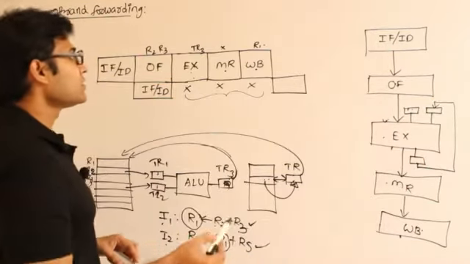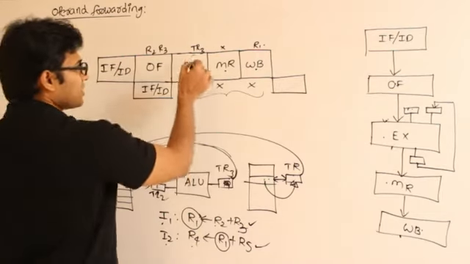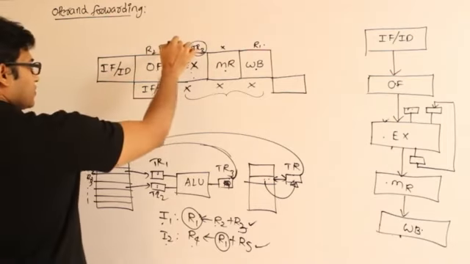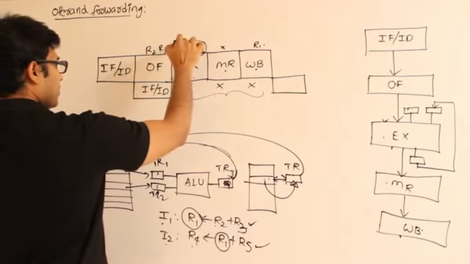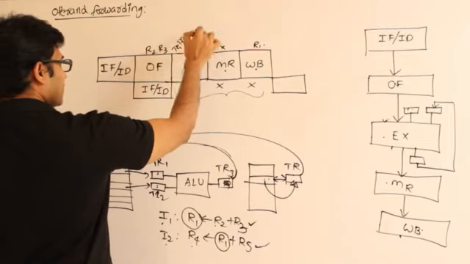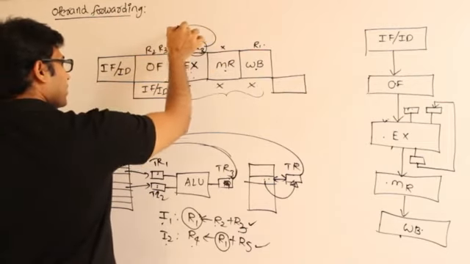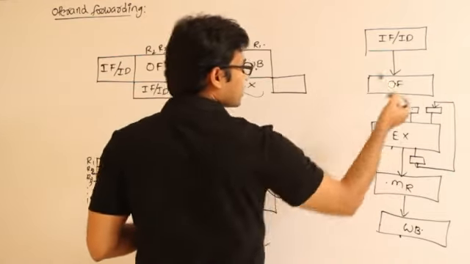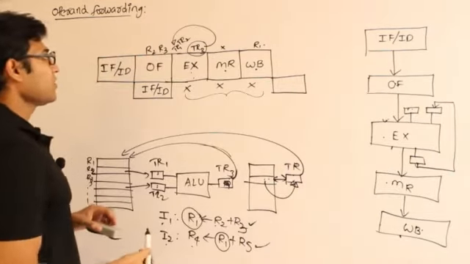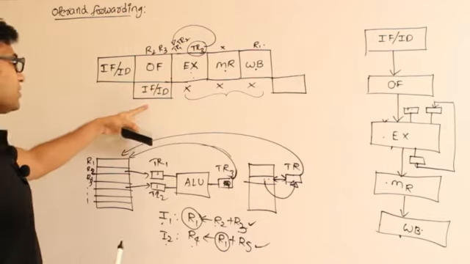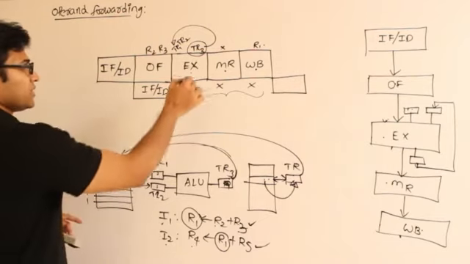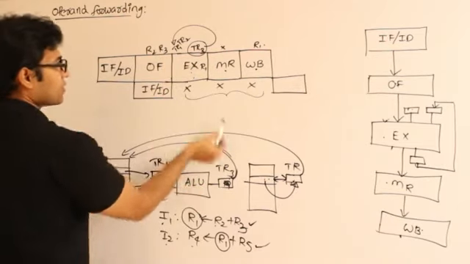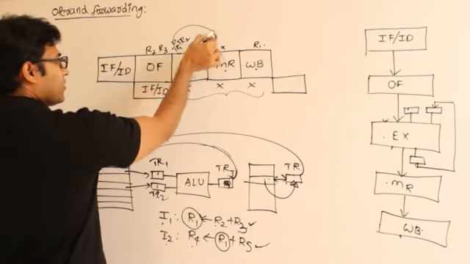Got it? So what does it mean? Whenever this execution phase is over, this one is going to take as input TR1 and TR2, right? So this TR3 can directly be written into TR1 like this. From here itself it can be written here. Therefore whatever is required by the next instruction, which is R1, is actually available here, present in TR3. Now that particular value can be written into the